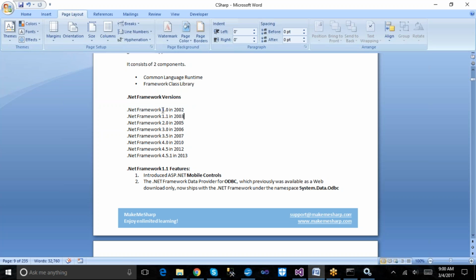Here we see 1.0 and 1.1, but we also see 2.0, 3.0, 3.5. Somewhere we see 1, 2, 3, but in the middle we see 1.1 or 3.5.